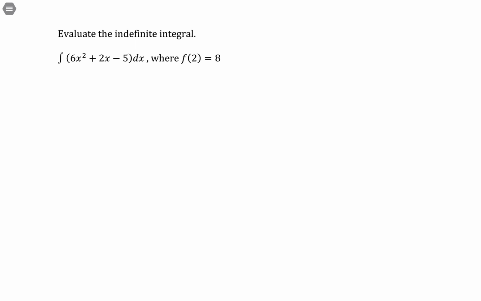Evaluate the indefinite integral of 6x squared plus 2x minus 5 dx, where f of 2 equals 8. So this part right here, we need to make sure we pay attention to. This is called an initial value. And initial values are really important because with an initial value, we can take our final answer, which generally we